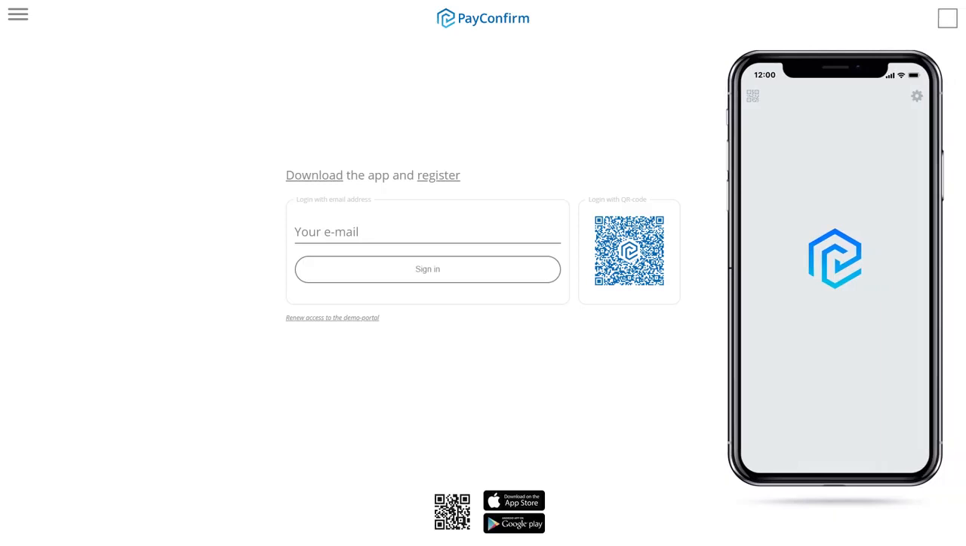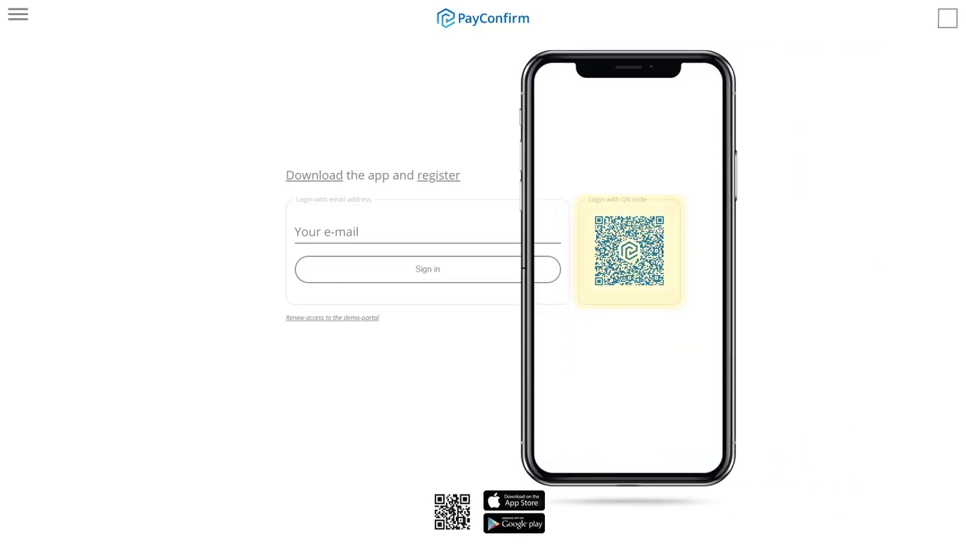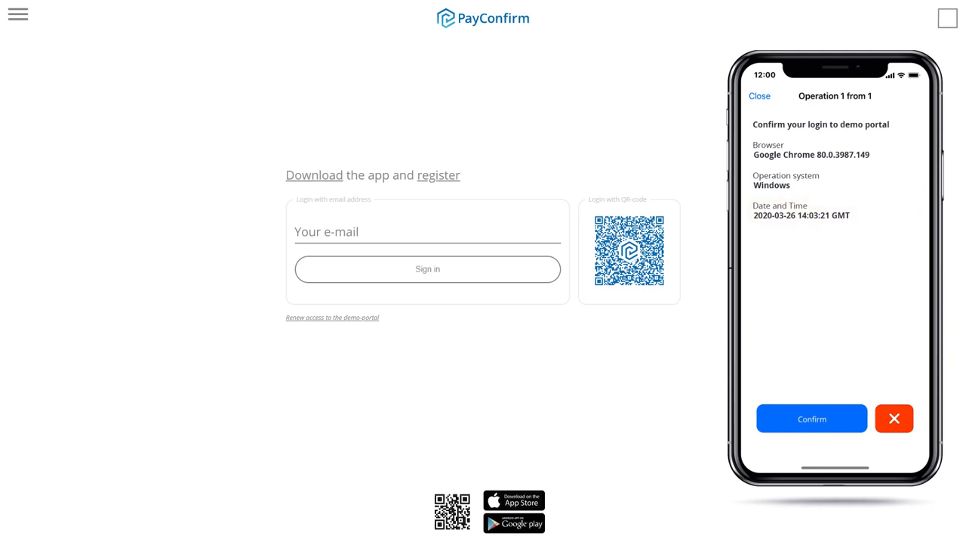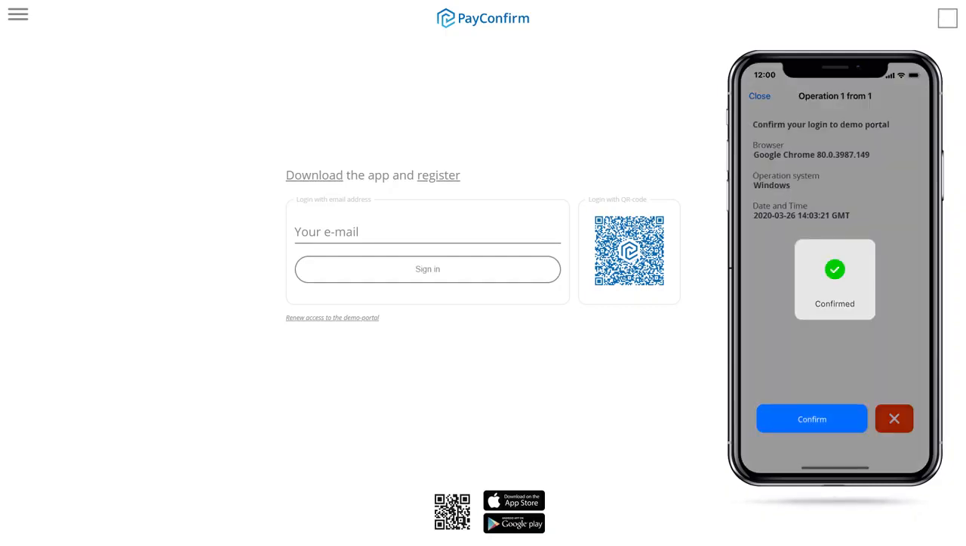All you need is to start the mobile application PayConfirm on the smartphone and scan the QR code on the login page. The smartphone displays the login details such as time and date of entry, the internet browser used, and operating system of the device on which the login occurs, the personal computer or the user's laptop. After the user has checked the login information and pressed confirm, he is allowed in and gets access to his